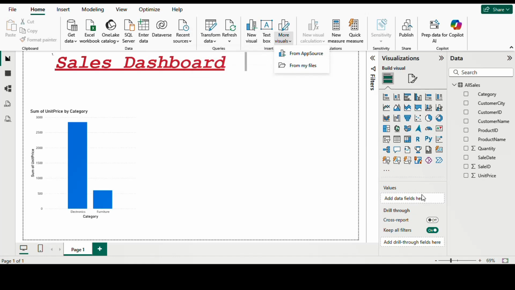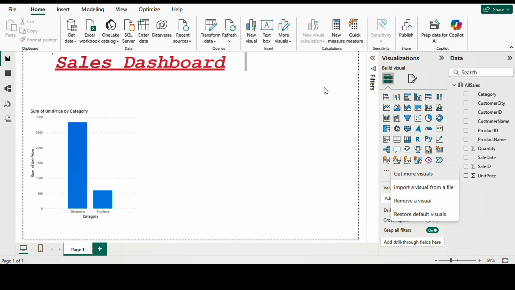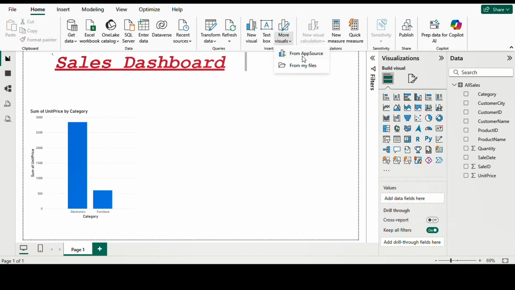Like from app source means any Power Apps or any templates from other application, you can get it through here. From my files means if you have any Power BI visual that is imported and stored in your local folder, you can get it from my files. Okay,